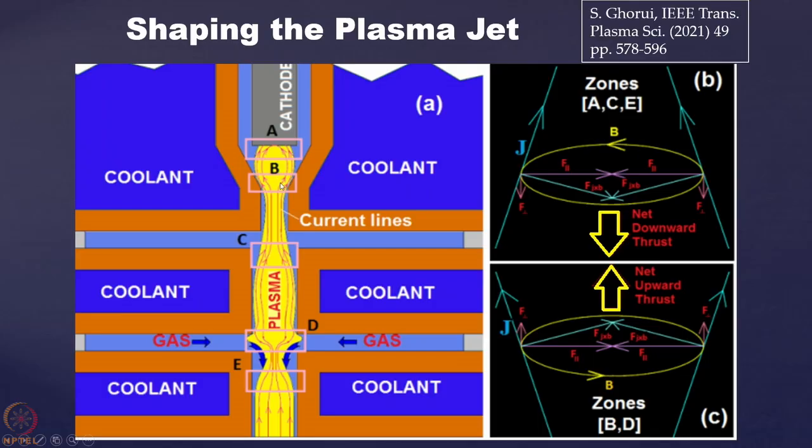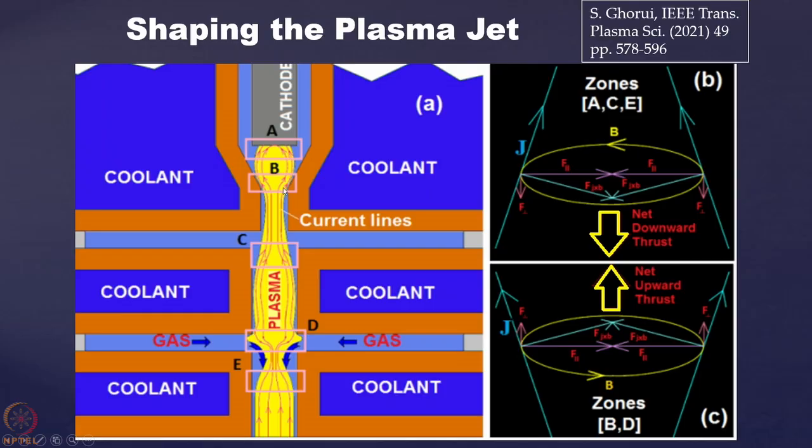So in this one, although physically there is no barrier over here, you can see this is an open channel, but because of the current density vectors, you are getting a J cross B thrust. Radial components are getting cancelled, but there is a net vertical thrust over here. So although there is no physical barrier, because of the electromagnetic force there is a barrier, and that is putting an upward thrust. Because of that upward thrust, you are getting a very high pressure zone over here, and this current density vector again is putting a downward thrust.